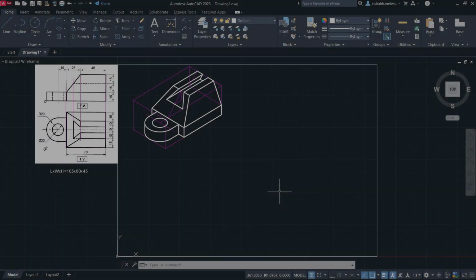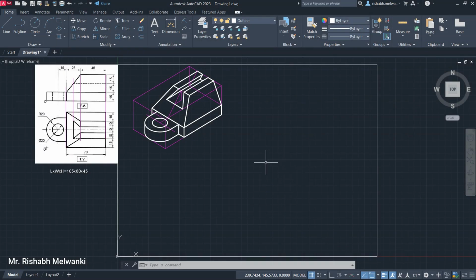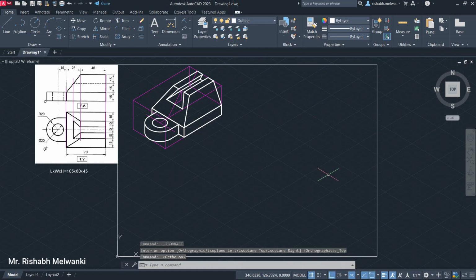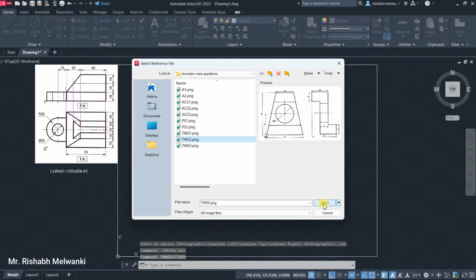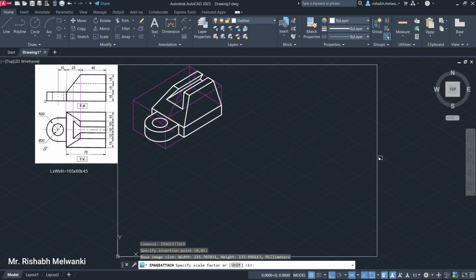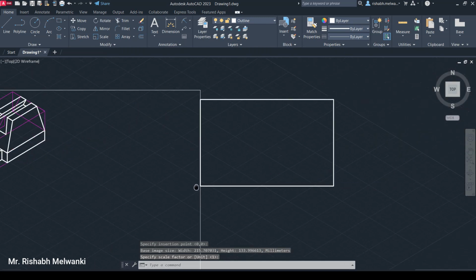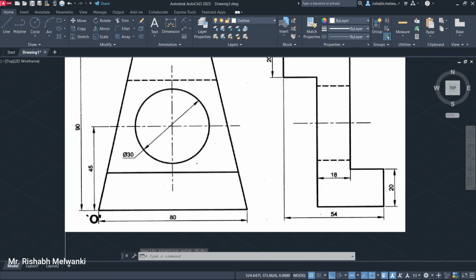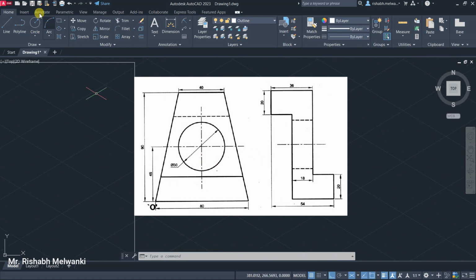We will be solving a problem on isometric view. So to turn on the isometric mode, we will click here iso snap, turn on the iso snap and turn on ortho mode. Now we'll have a look at the question. So we are going to solve this question where